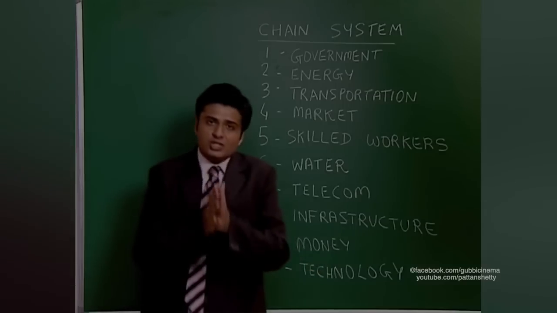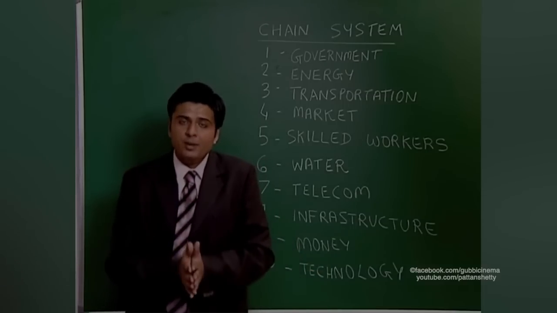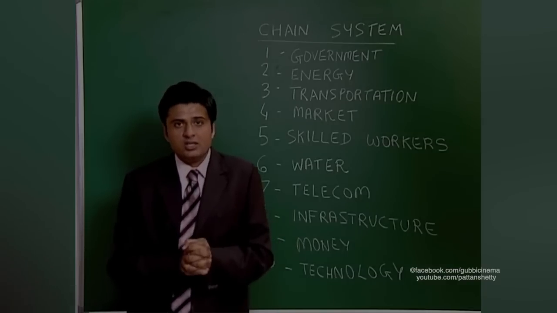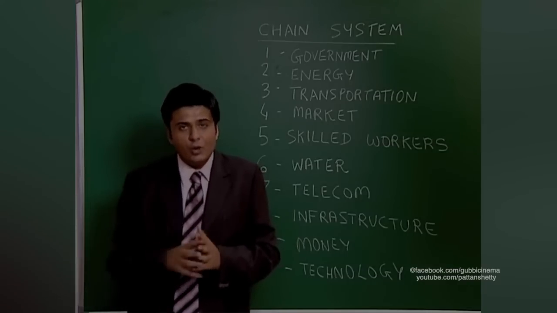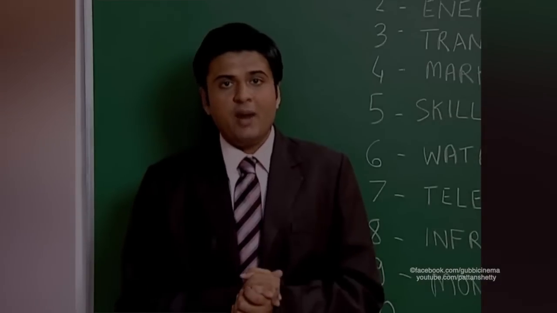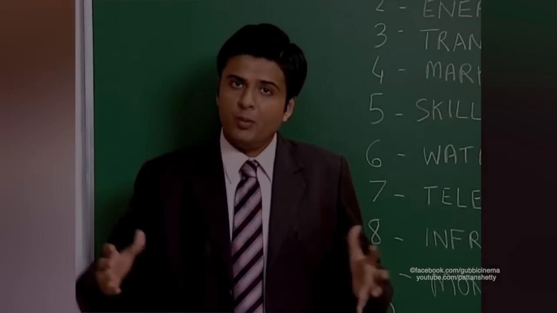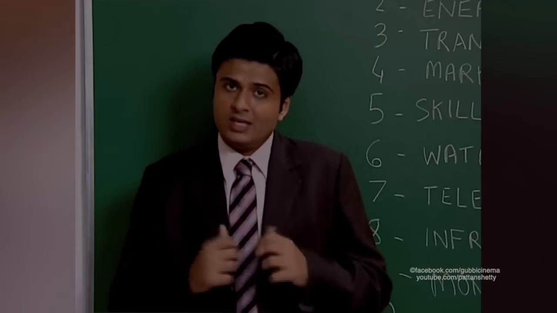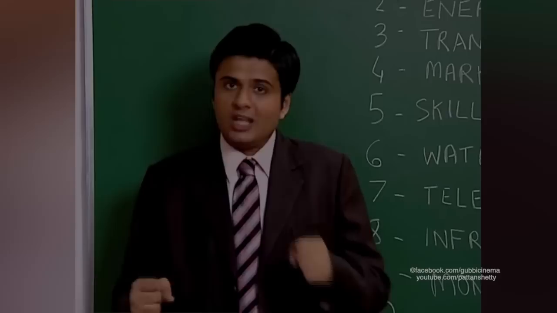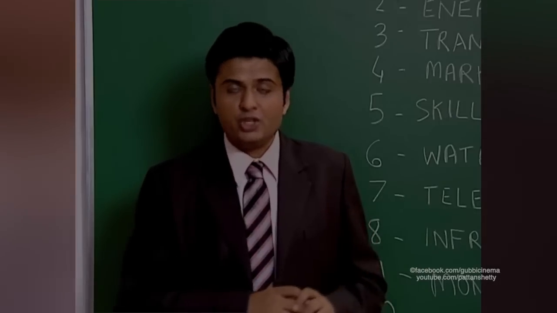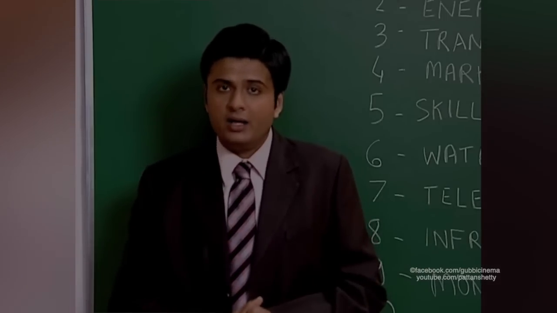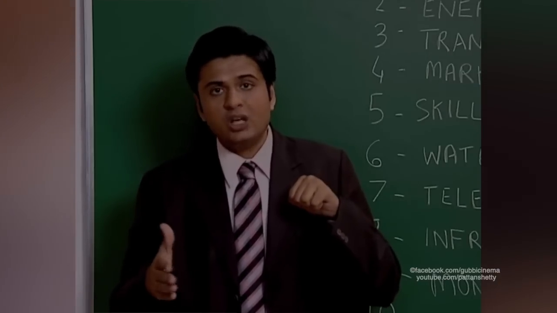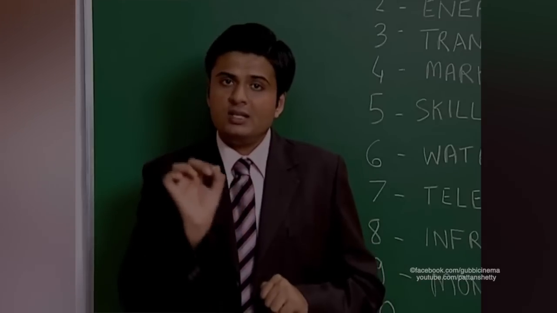So friends, whenever you are sitting down to write the exam paper and the question flashes in front of you, factors of locating industries, the entire video will start running in your mind. The first point will remind us of a government servant, so government permission. One day there was a government servant who was feeling full of energy. Second point is energy. So he took his transport vehicle, that will remind us of transportation, and dashed towards the market. So fourth point is market. In the market he accidentally banged across a worker. Fifth point is skilled workers.